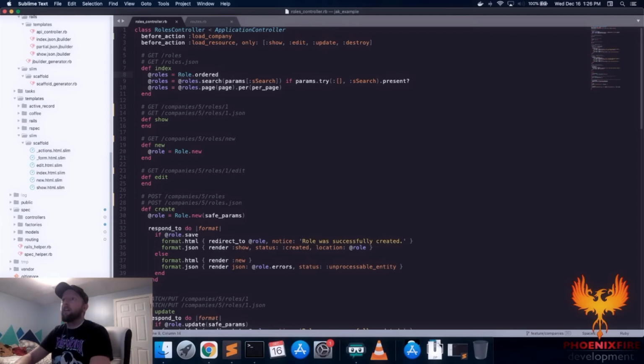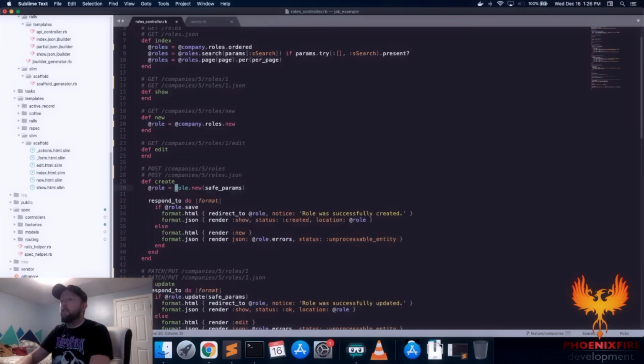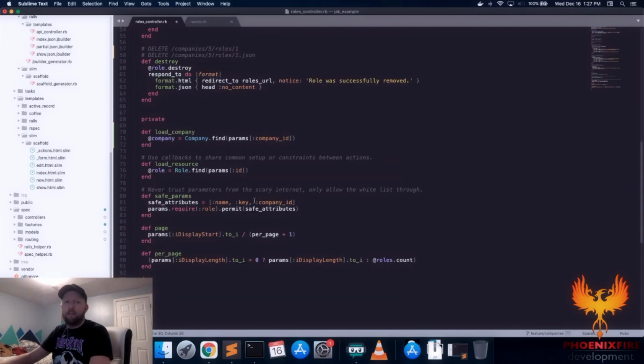So we're going to say @company.roles, nesting it underneath the company. So it's going to be @company.roles.ordered. For new, we're going to say @company.roles.new. For create, we're going to say @company.roles.new, passing in save params. And underneath the save params method, we're going to remove company ID because that will automatically be set through the